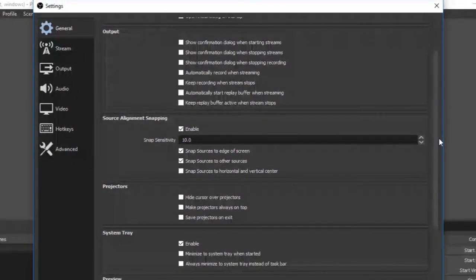You can check automatically record when streaming if you are streaming and you want to save a copy of your live stream to your computer. If your computer is not that powerful, it may be best to leave this unchecked.